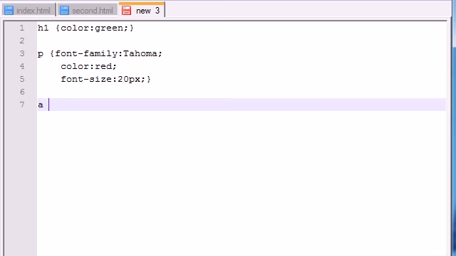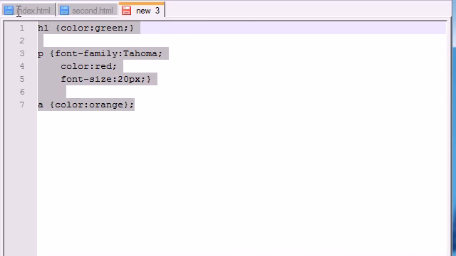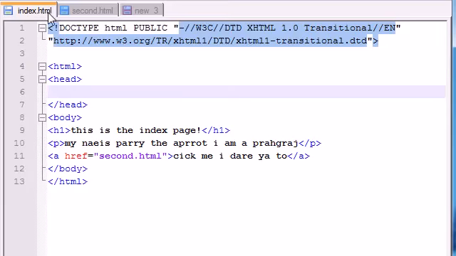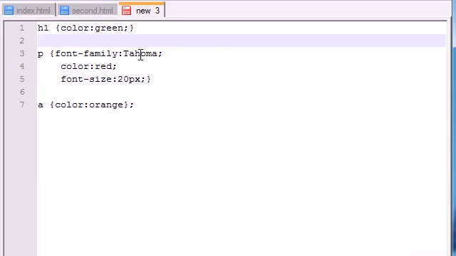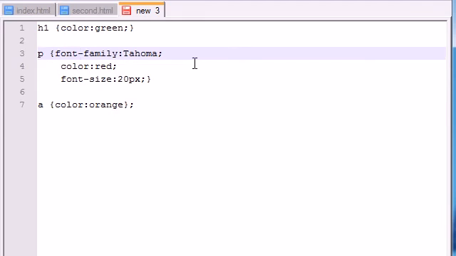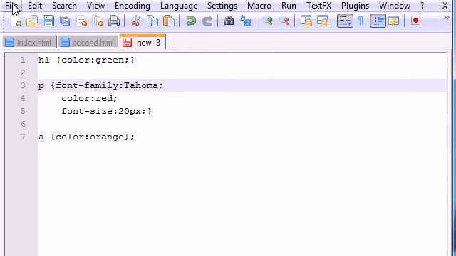Alright, now let's go ahead and make all the links orange or something stupid. Color: orange. So now we have all these rules right here, but how do we tell our web pages that these are the rules that we want to use? Well, the first thing we need to do before we even think about doing that is go up to here, File,